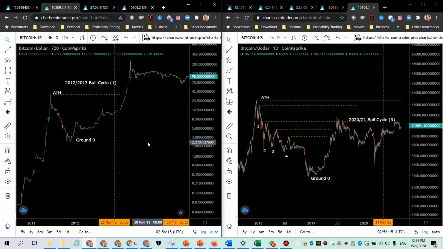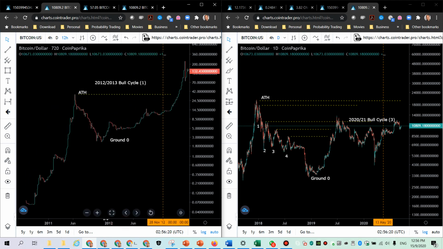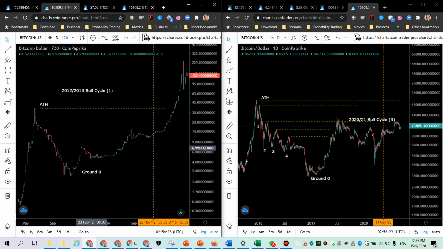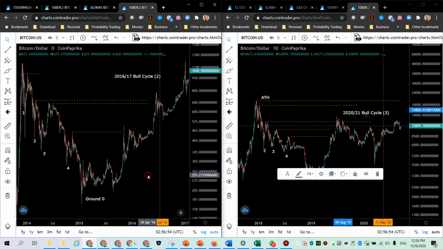First of all, comparing against the first cycle, what we are seeing is potentially the correction upwards here would indicate this cycle coming back down and then pushing up here, and this pattern here may be indicating it's around there, right? So if that's the case, then we are definitely pushing up towards working on the moonshot one, which is what I'm expecting around here. So that's comparison against the first cycle, cycle one versus cycle three. Let's look at the second one.